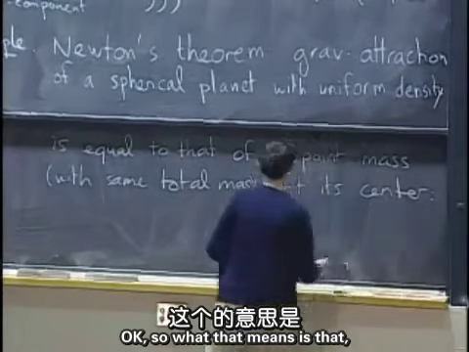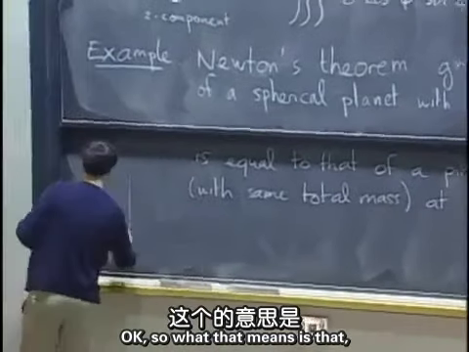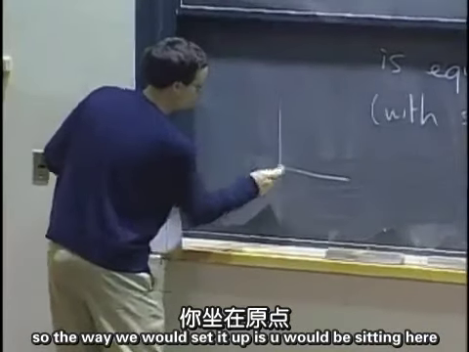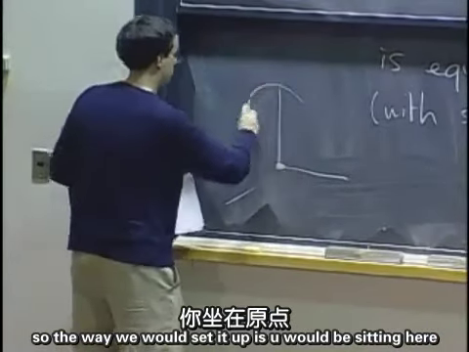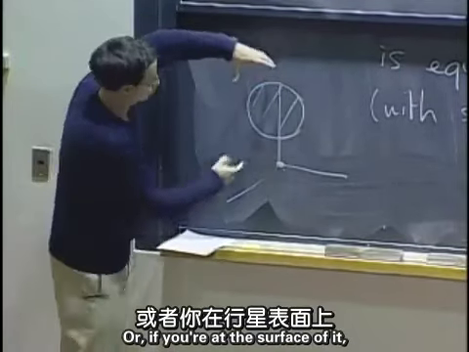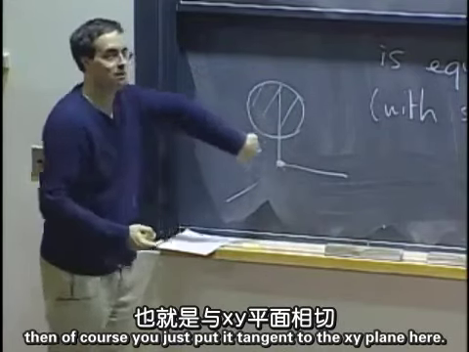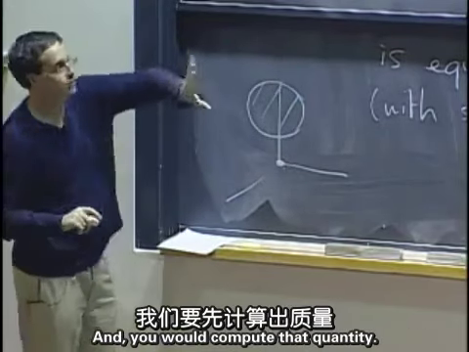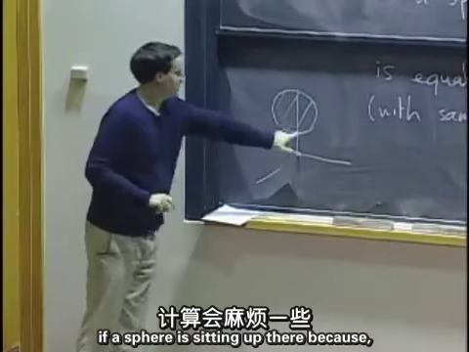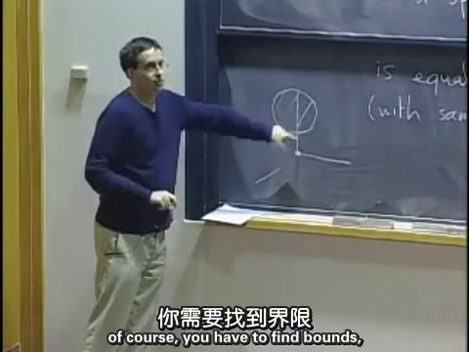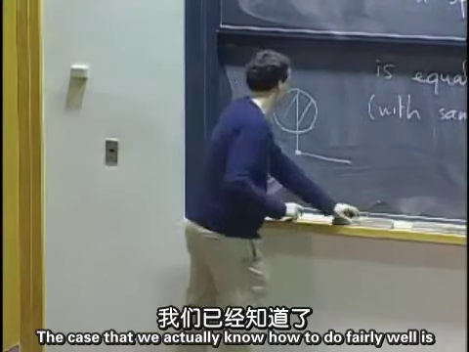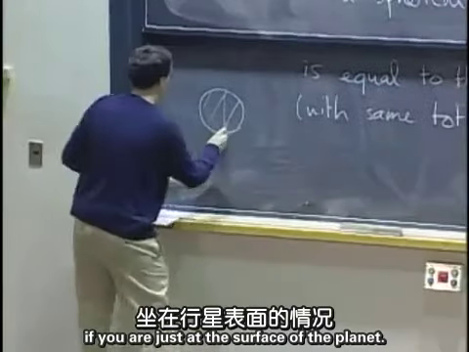Okay, so what that means is that the way we would set it up is you would be sitting here, and your planet would be over here, or if you're at the surface of it, then of course you would just put it tangent to the xy plane here, and you would compute that quantity. Computation is a little bit annoying if the sphere is sitting up there, because of course you have to find bounds, and that's not going to be very pleasant. The case that we actually know how to do fairly well is if you're just at the surface of the